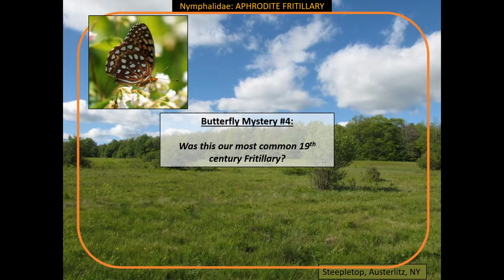It is also a butterfly with a mystery, and that is, it appears to have been much more common in the 19th century, and perhaps even more common than the great spangled fritillary, and yet today it is much less common than the great spangled fritillary. And what is it that makes this fritillary perhaps more susceptible to whatever the stresses are than